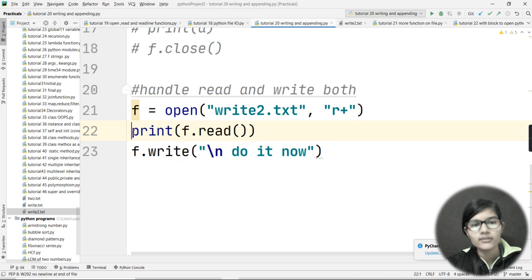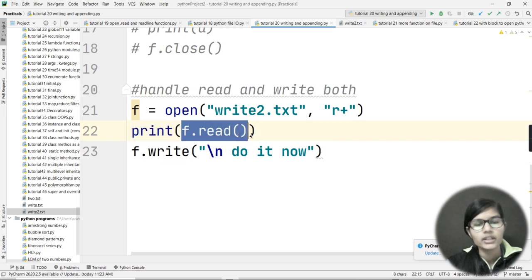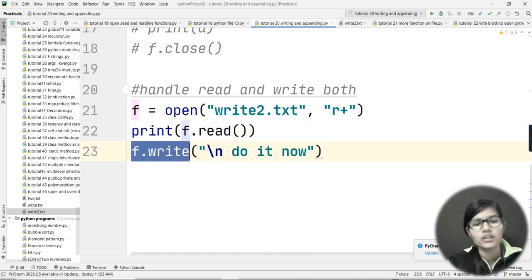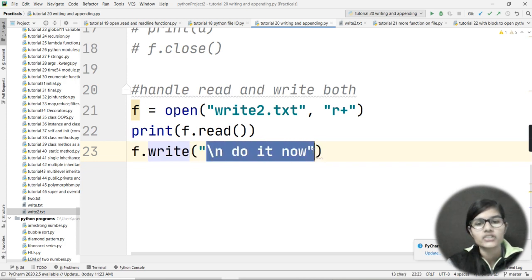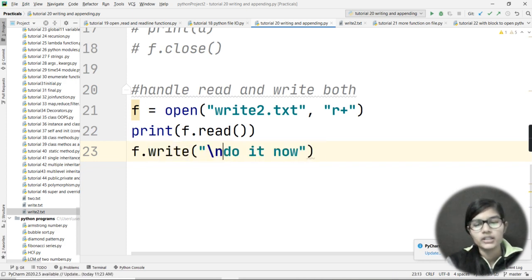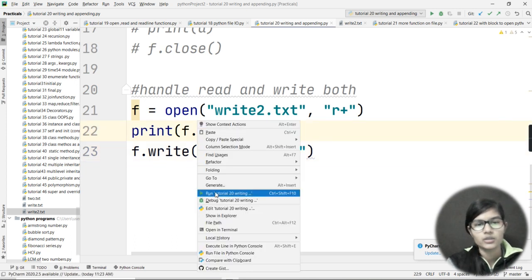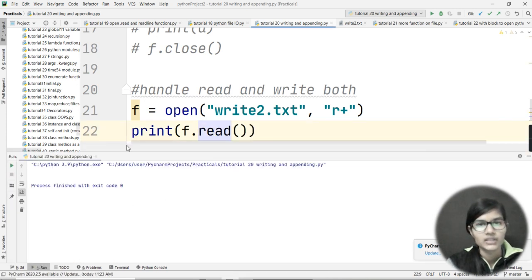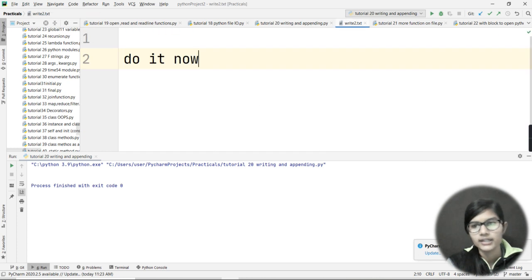Fine. After that I had written print and simply f dot read, so it will read my file, and after that I'm going to write on this file also, that is f dot write, and it will show a backslash n, do it now. Let me just remove this space, and now when I run it, this is my write2.txt file.